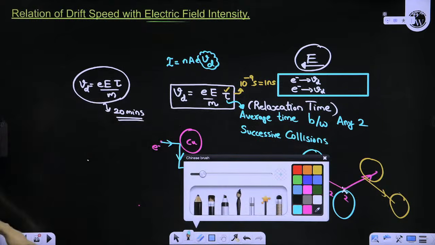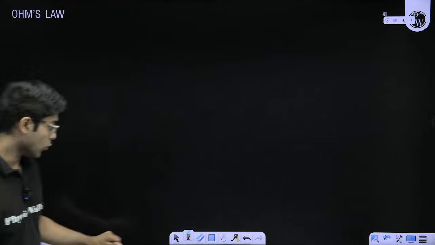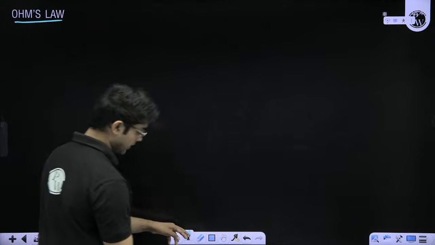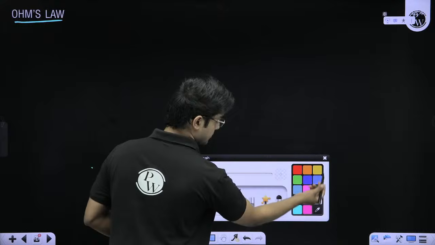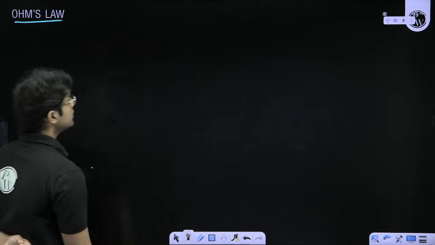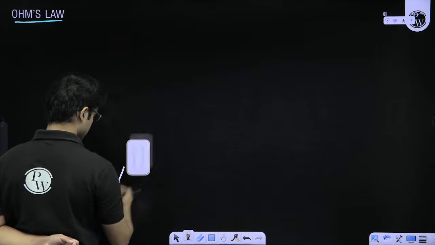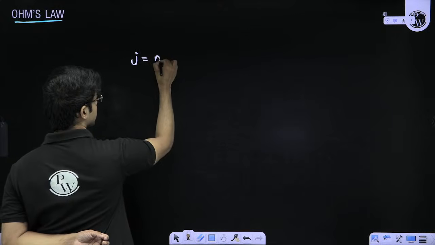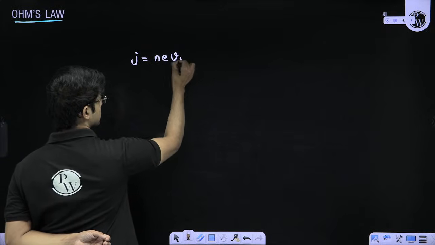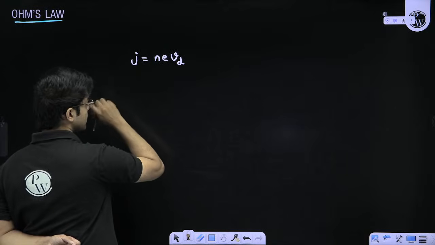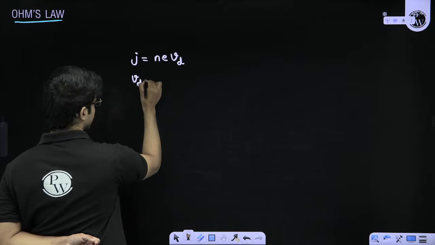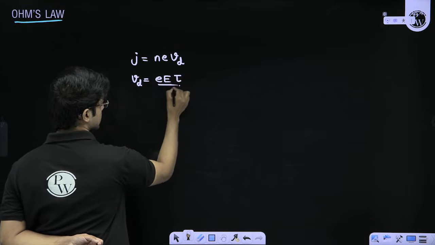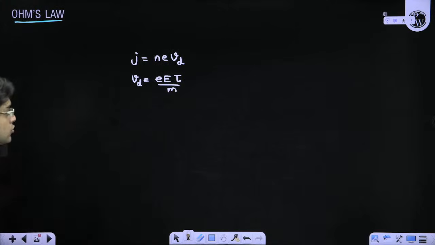Okay, then now we can talk about Ohm's law, the J equal to sigma E relation. We'll first talk about that. So what are the relations we learned? We discussed the relation between J and Vd, right? It was NeVd. This was the relation between J and Vd. And we also discussed the relation between Vd and electric field. So we have these two relations,